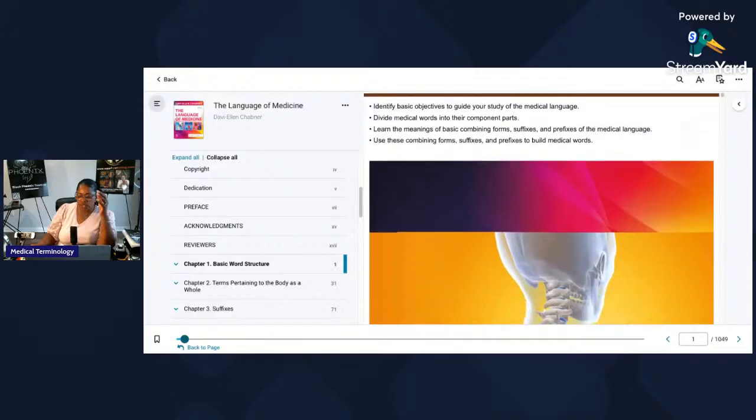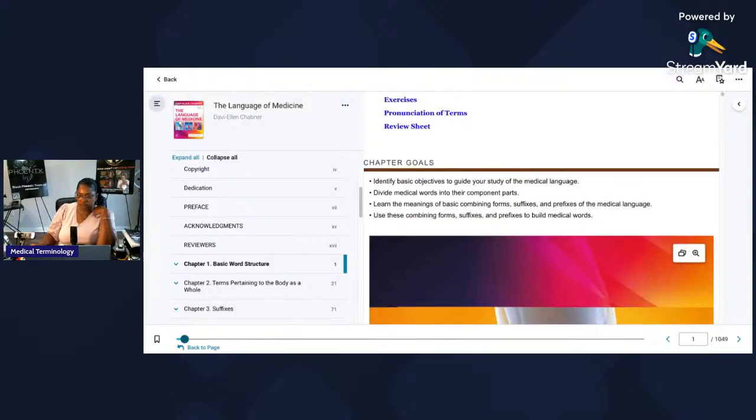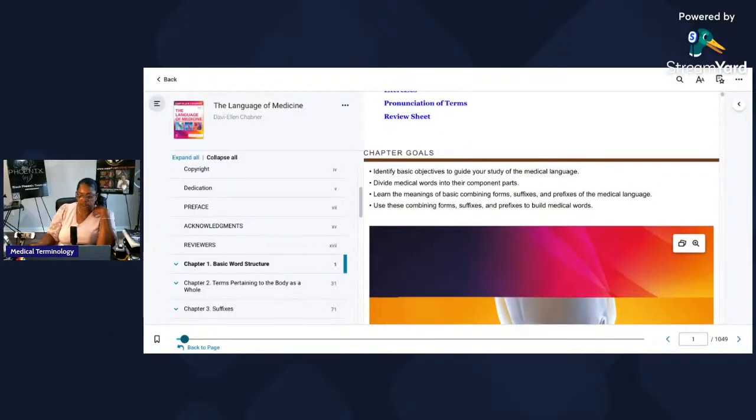And remember, you can get this book from elsevier.com. Now you guys know I use the ebooks, but when you're coding books, I want them to be physical. You get them from aapc.com, because I want you to use the AAPC version. Why, Miss Lambert? The AAPC version is more in line with what's going to be on the exam. So that's why I want you to get the AAPC version.